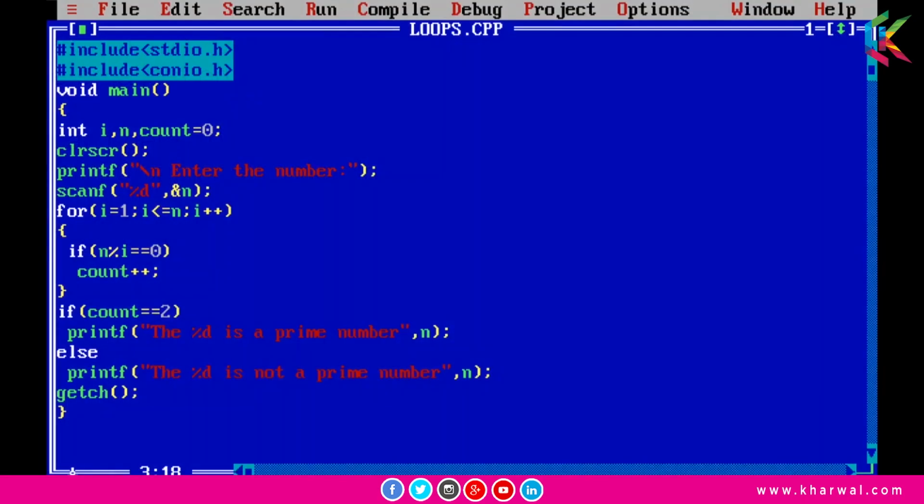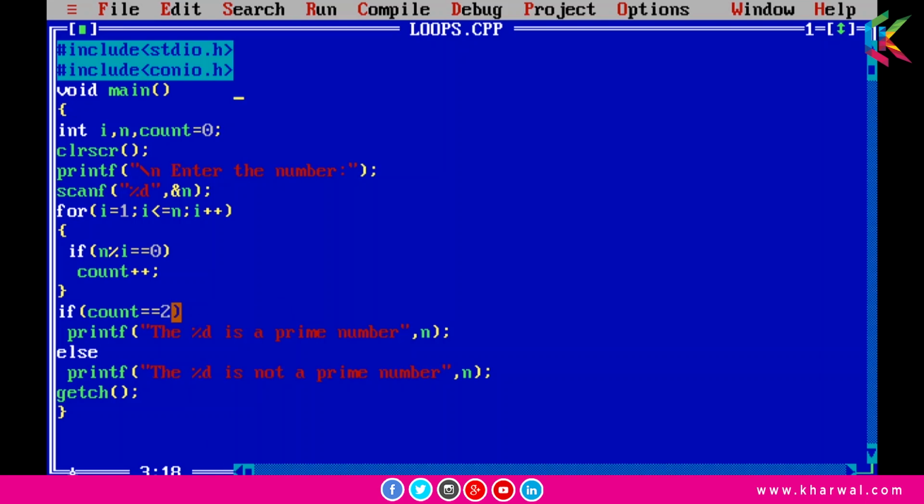So guys, in this program we are going to check whether the given number is a prime number or not, and as we know, a prime number is divisible by 1 and itself only. So this is the only logic we are using in this program. When the number is completely divisible, we will count it in the count variable, and if the count variable is equal to 2, then we can say that the number is a prime number. Otherwise it is not a prime number. And what is the logic of this count equals to 2? Because a prime number will be divisible by 1 and itself.